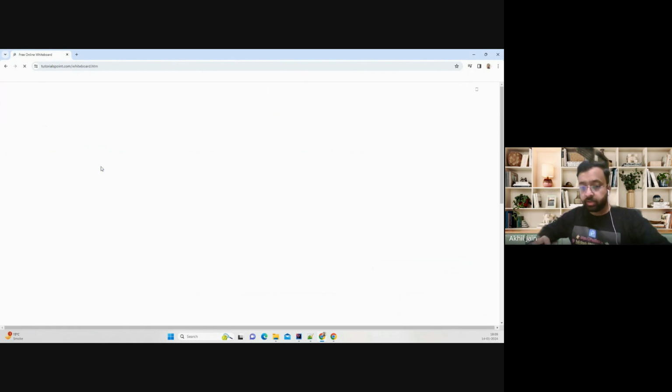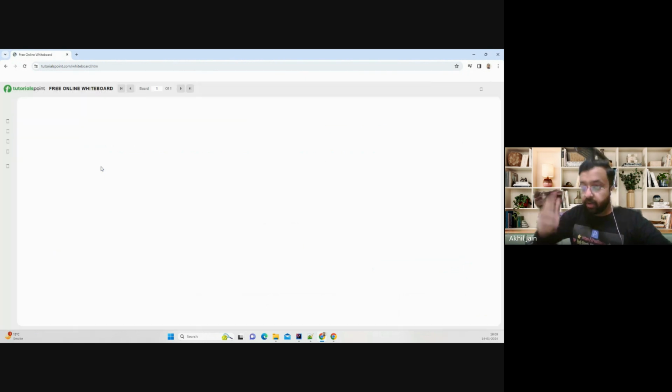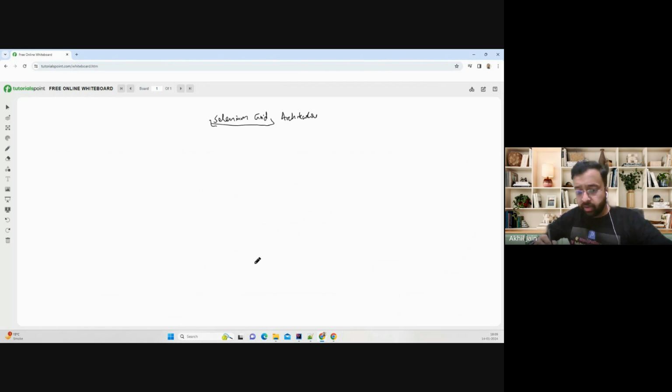So first of all, let's try to understand what we are covering. We are saying that we will be covering Selenium Grid architecture. But before that, we need to first understand what really is a Selenium Grid. Now, anyone who is already aware of Selenium, who already has expertise working on Selenium,